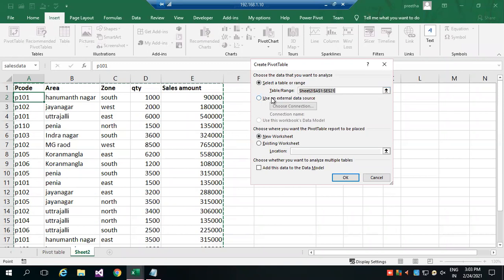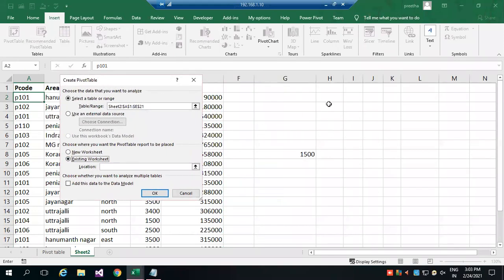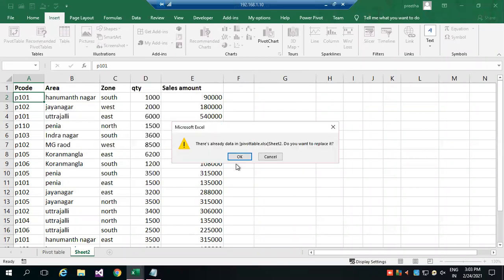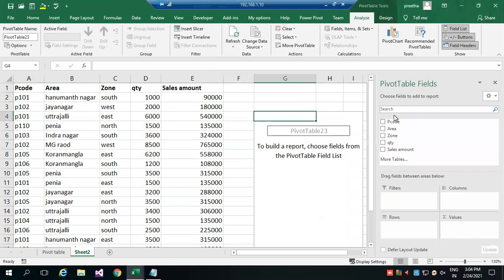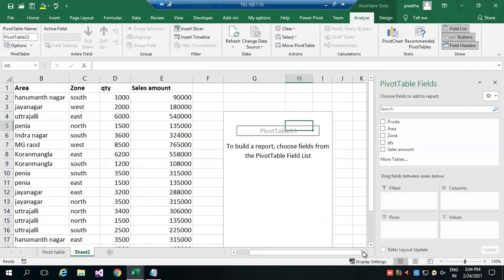Now I would like to create a pivot table for this data, and I want to present it in the existing worksheet, somewhere inside the same sheet. For example, let us create it here. So now you can find this is your table area, and this is your pivot area.